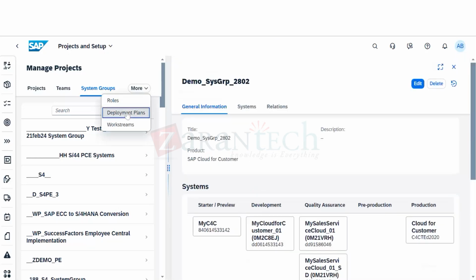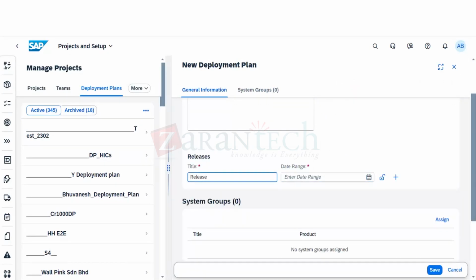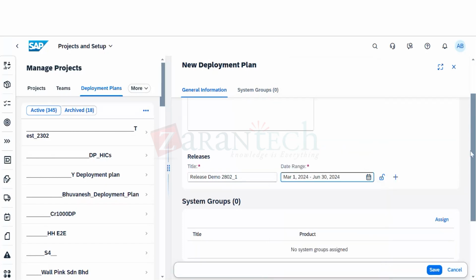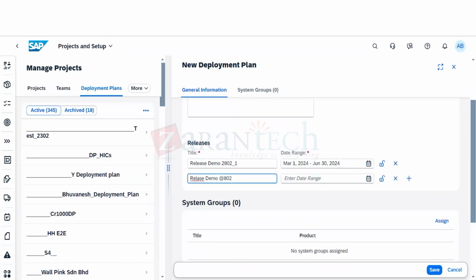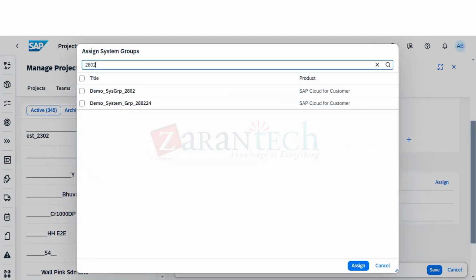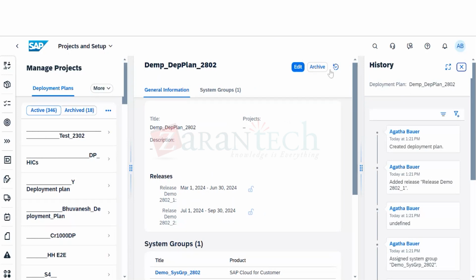Okay, I can create a deployment plan. Create demo. Okay, release one. Release one is already taken. I think create train. So I'll choose first. Okay, I'll choose this. I can choose another release. This is fine. I have to assign system groups. So this was the one. I'll just save it. Also in Cloud ALM, you see in every entity you will have this history option where